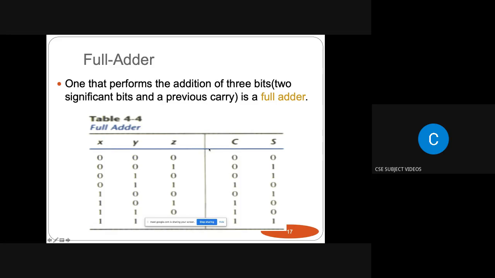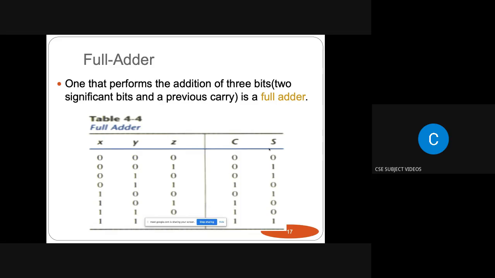After forming the truth table, we have to write the sum of minterms for sum and carry. For sum, we can say S is equal to summation of 1, 2, 4, 7. And for carry, we can say C is equal to summation of 3, 5, 6, 7. So after finding the sum of minterms, we can simplify the sum and the carry expression with the help of